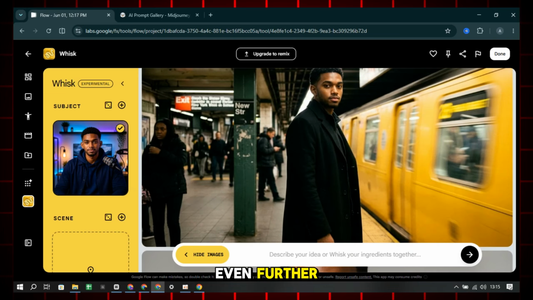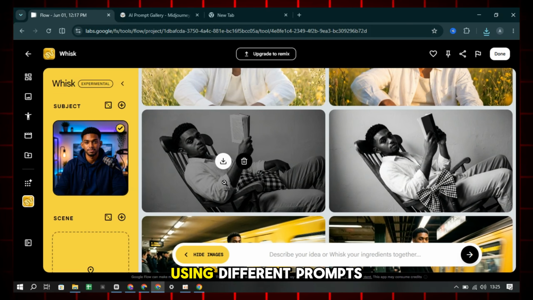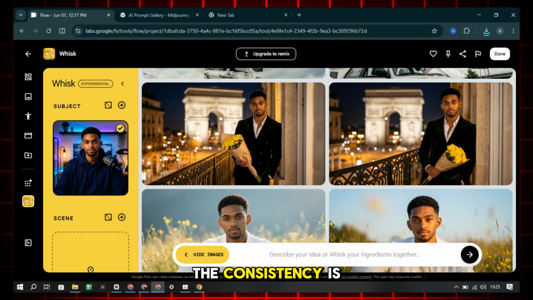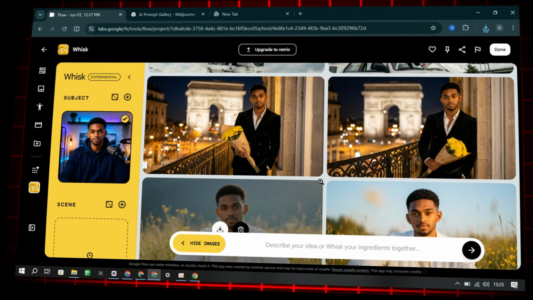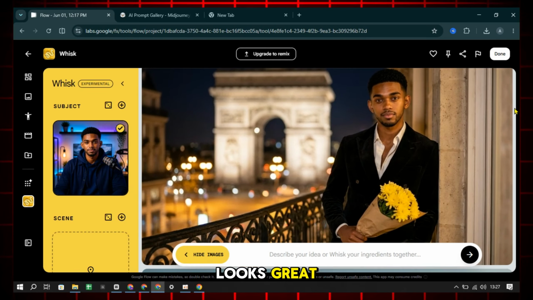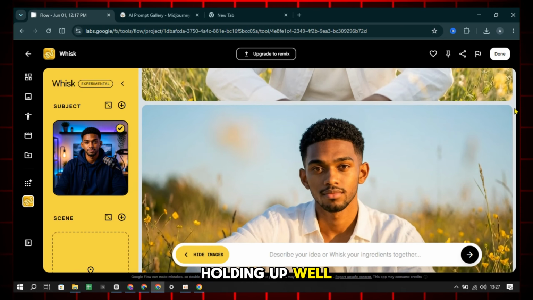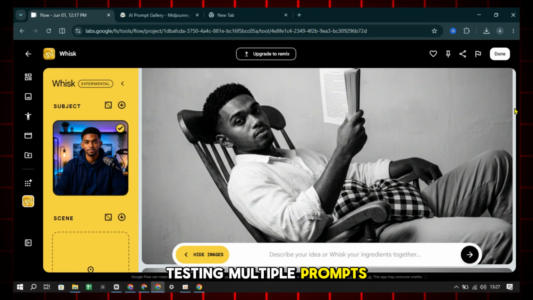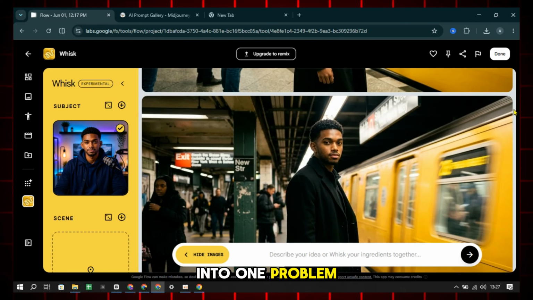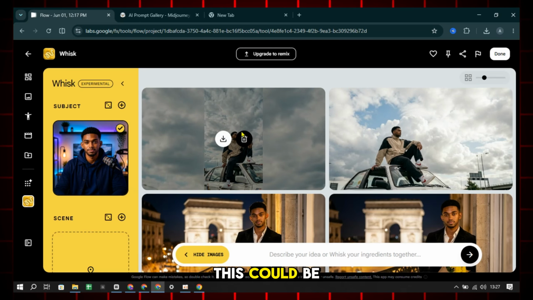To push it even further, I generated a few more examples using different prompts. Here are the results. And honestly, the consistency is holding up surprisingly well. At this point, everything is looking really good. The image quality looks great, character consistency is holding up well, and even after testing multiple prompts, the results are still impressive. But while using Whisk, I ran into one problem, and for some creators, this could be a serious